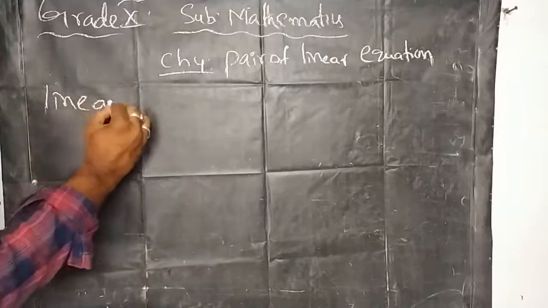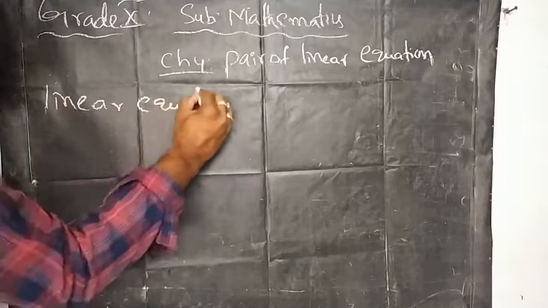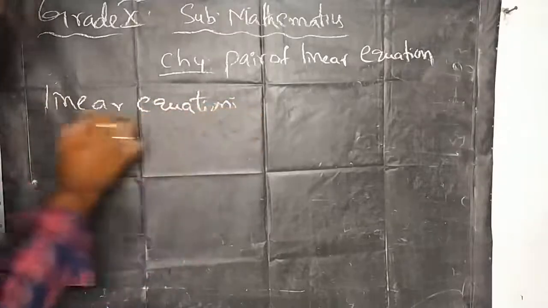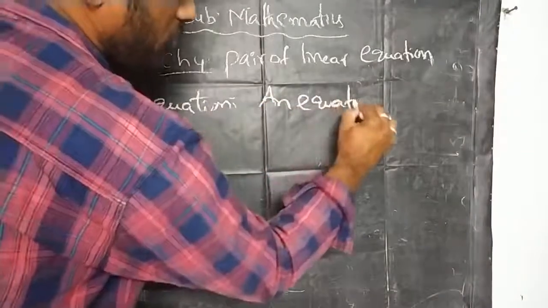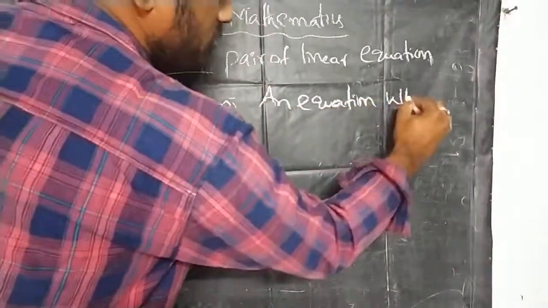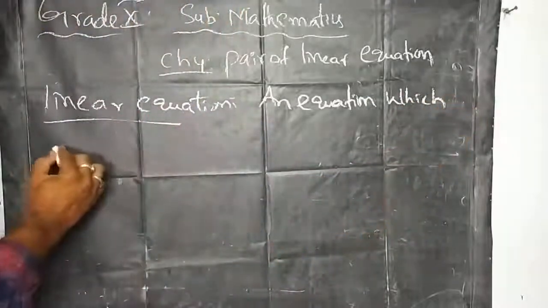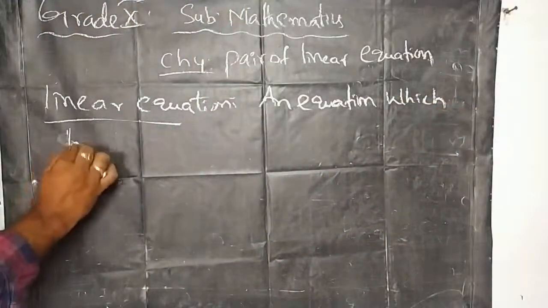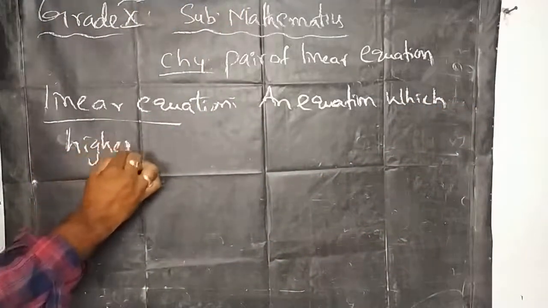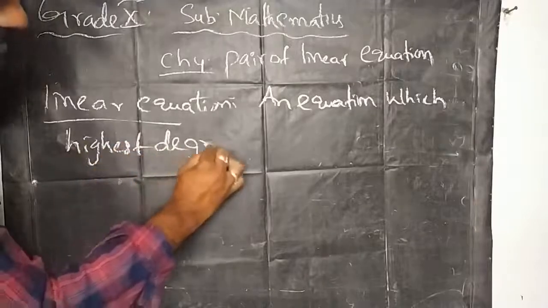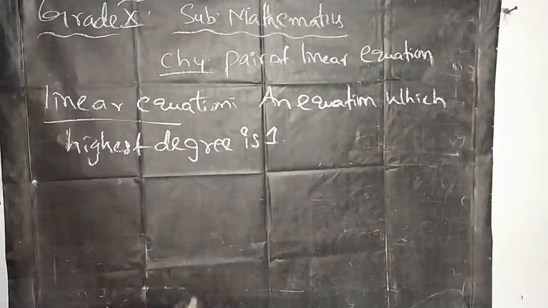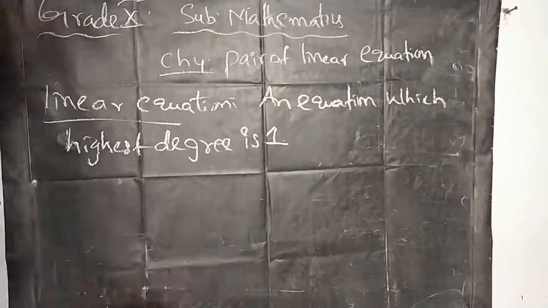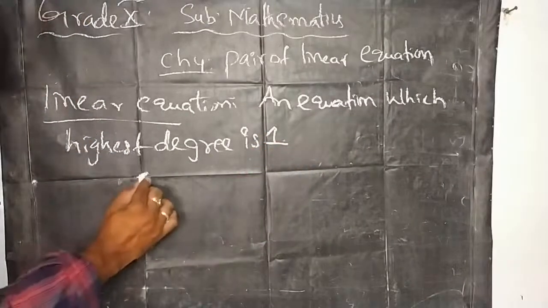The definition of a linear equation is that an equation whose highest degree is 1. Means in an equation, if you are observing the highest degree as 1, then we can call that equation a linear equation. Example,